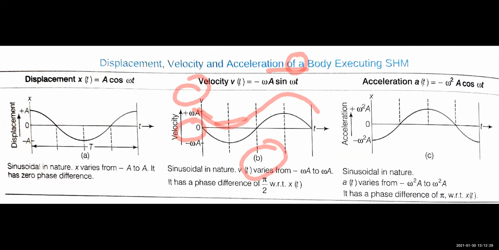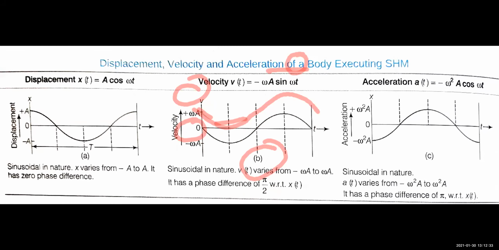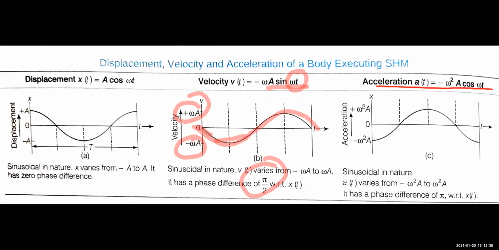Now the acceleration equation we know is acceleration equals minus omega square a cos omega t. So here, children, for cos, the acceleration values that are possible are minus omega square a and plus omega square a. If you put time t equals 0 here, cos 0 is 1, but this negative sign makes it minus, that is why it started from minus.